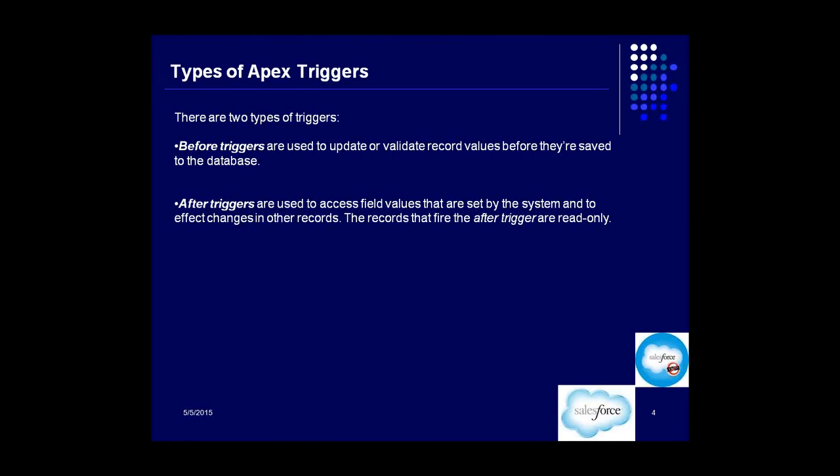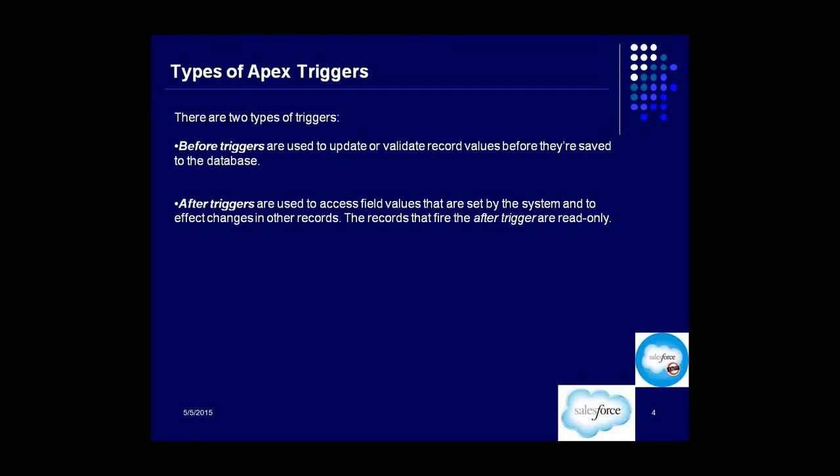So when I say after insert, the data which is in context, this after trigger takes the value from that record. So this is used to access field values that are set by the system and to effect changes in other records. So it can make changes in other records. It can check the value from the existing record, the one which got inserted or updated, and take the value from that and make changes in some other records.